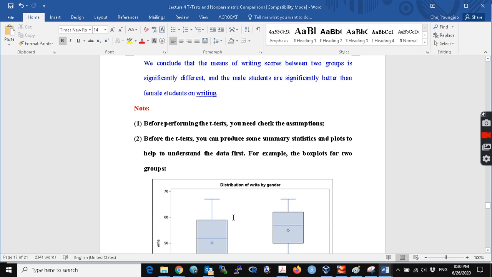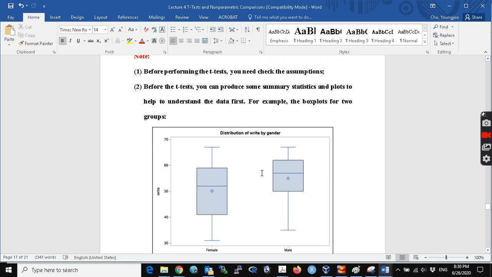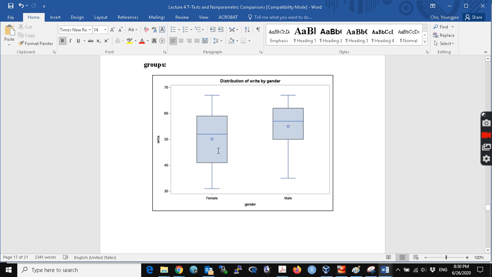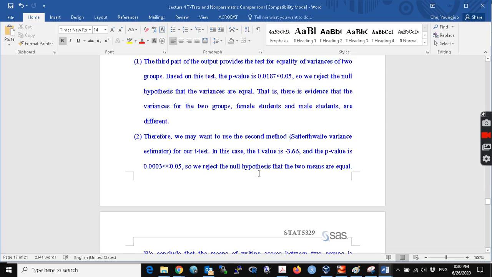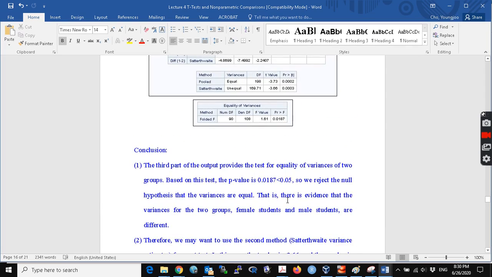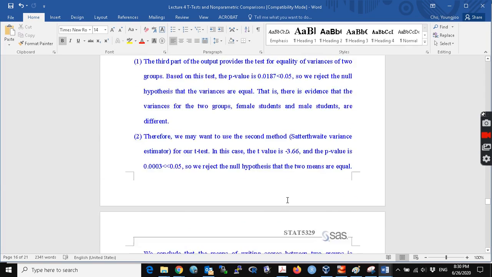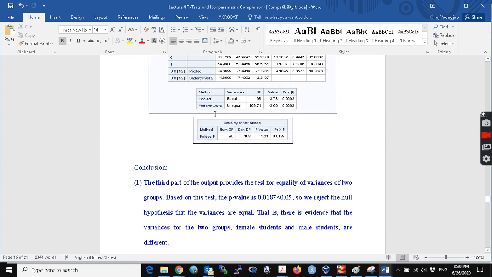So before looking at the t-test, you can produce summary statistics plus the box plot. This box plot helps to look at the difference. And then by looking at it graphically, you can do the actual test. Another important thing is that you first need to look at the equality of variance. You need to first test for the equality of variance so that you decide which test we are going